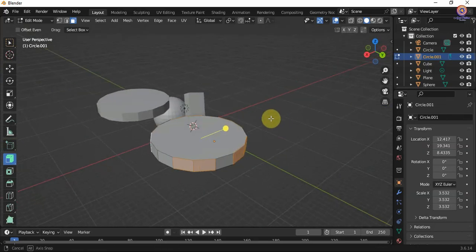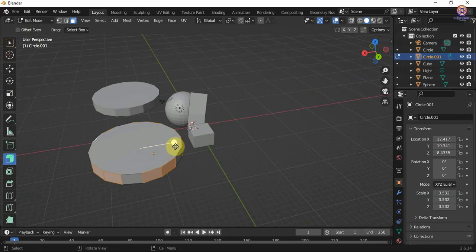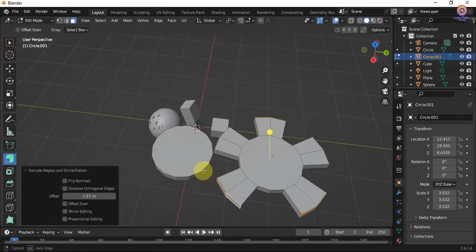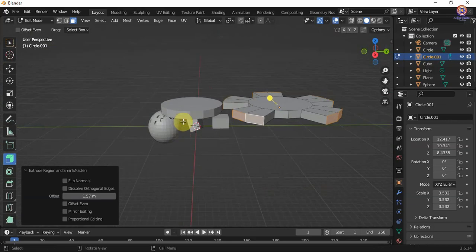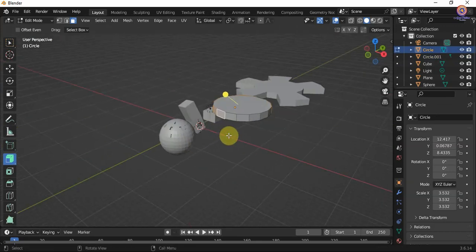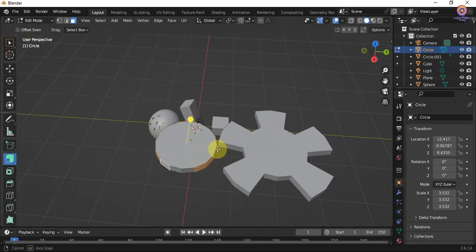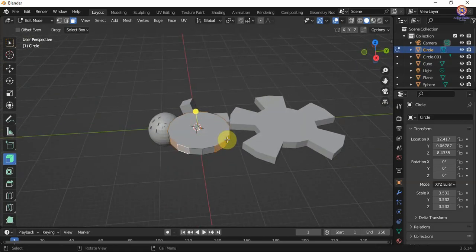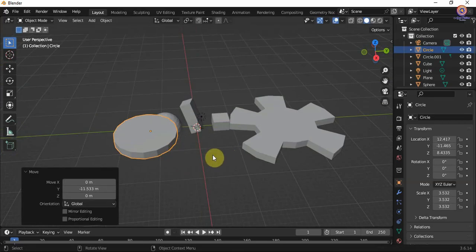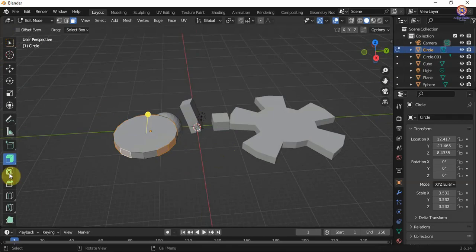Okay. And I assign that extrude along normals. So this is it. You can see the way it's going. But if I did another, let me tab. So let me select this. Tab. Let me move it down to this side. Let's see. Now let's go to